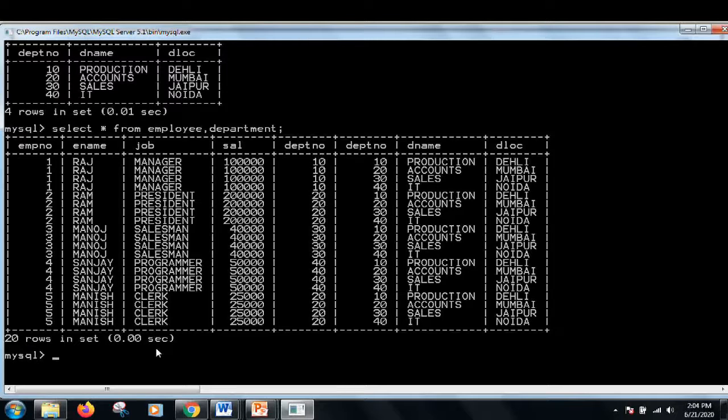But now the question arises, why is this Cartesian product called unmeaningful? First, I hope that you have understood what a Cartesian product is. That is why now I am moving to the next question: why is the Cartesian product unmeaningful and unrestricted? Unrestricted, I already explained, means there is no restriction on joining the records of the tables. Now the second thing is why it is unmeaningful. We try to understand this through this table.